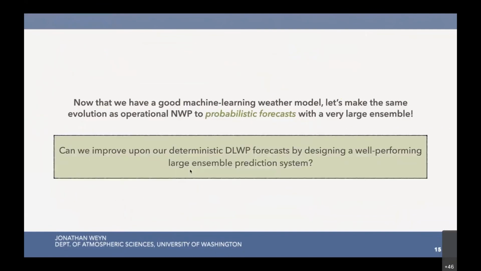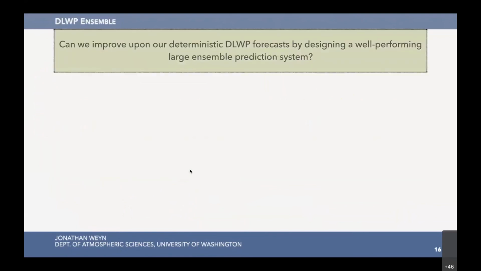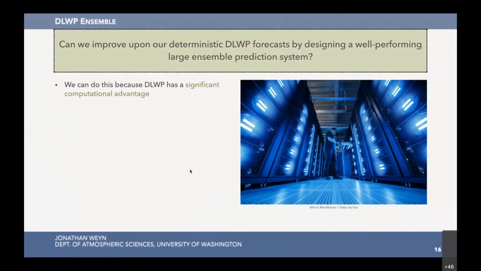So can we actually improve upon single deterministic DLWP forecasts now by designing a good performing large ensemble prediction system? In the same vein that NWP has evolved to make probabilistic forecasts. So it turns out we can do this because DLWP actually has a significant computational advantage in its current form relative to current